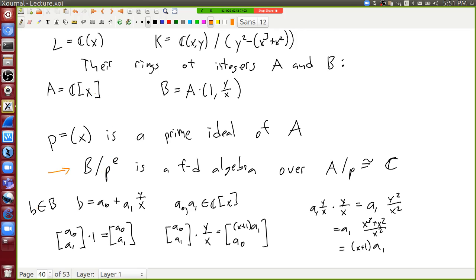Well, let's just look at A and B, just polynomials in X and the integral closure here in B. So I've already said that we can write things in B as just some polynomial in X plus some other polynomial in X times Y over X. And then we just start asking ourselves, well, what happens if I